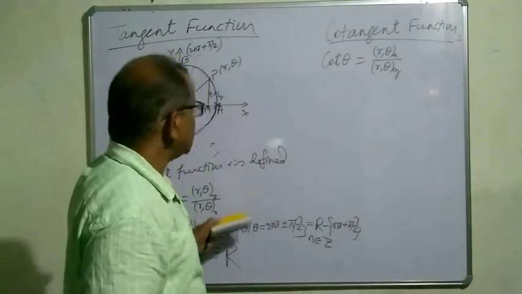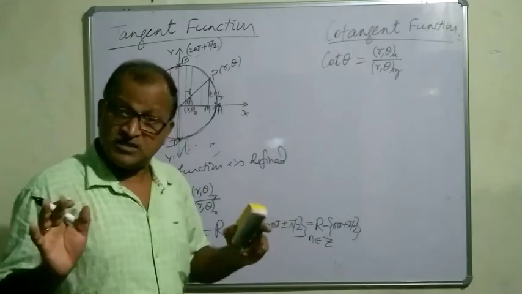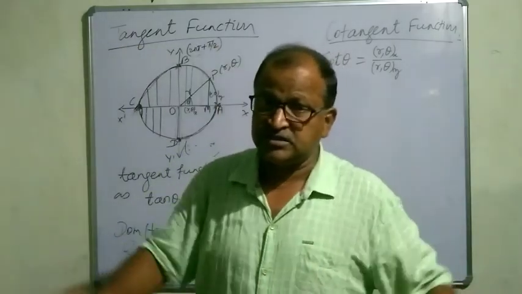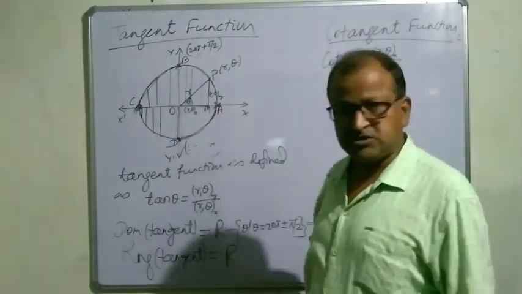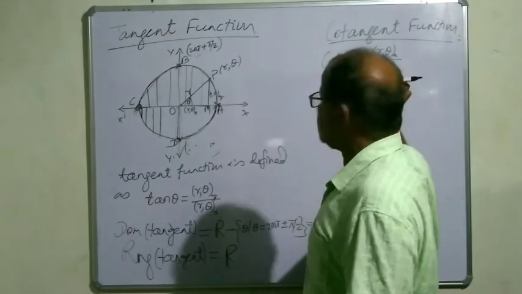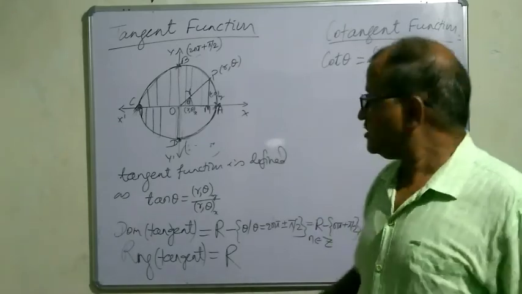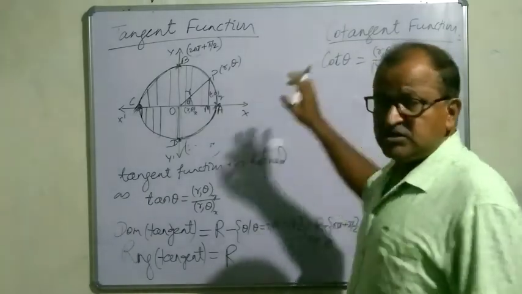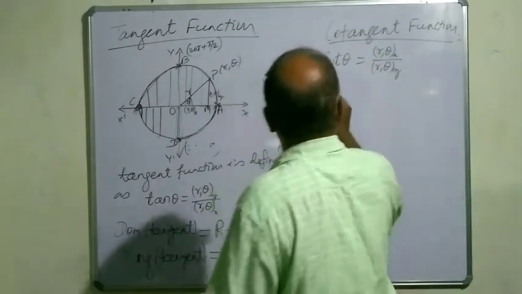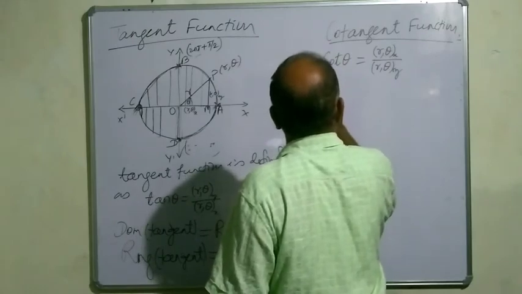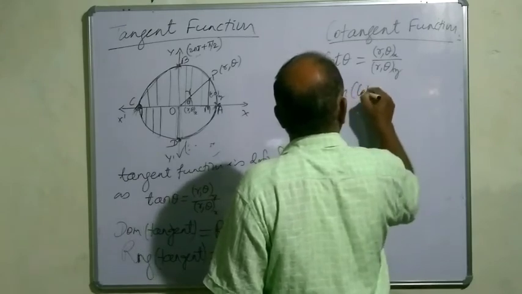Why? Because r theta y will be 0 there. The y coordinate of the point is 0 because these points are on the x axis. So the y coordinate must be 0 there. Y coordinate 0 means the denominator of this ratio will be 0. That means at those points cot theta is not defined. So the domain of the cotangent function